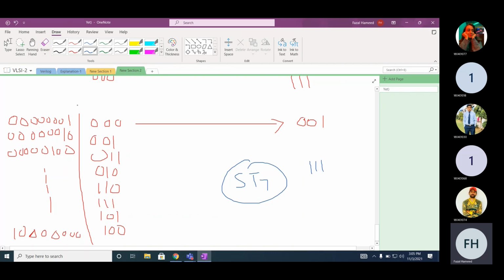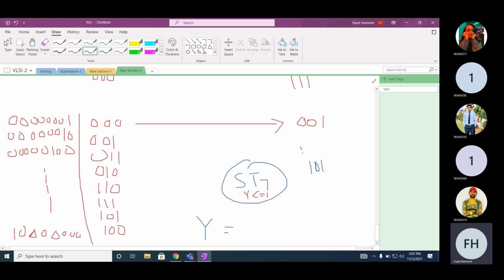When its coding is 111, and we are defining some signal Y, we say that in this case Y will be 1. Y will be 1 when the system is in state ST7. So what will be the output? So Y will look like this.